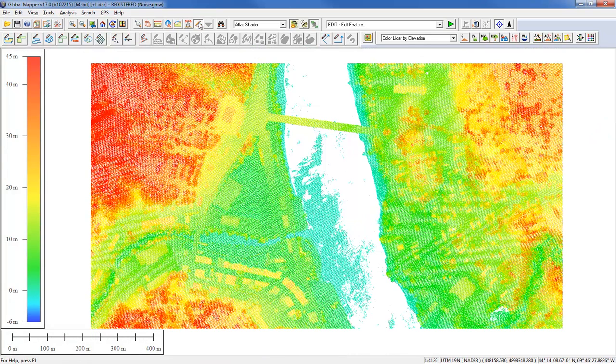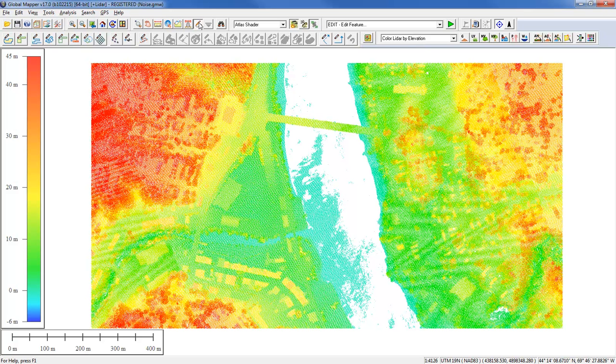So another filtering scenario we're going to show you right now, and this is another little sample of some data. This is actually relatively close to where we are right now. This is just up the road in the main capital city of Augusta. And we've got a little point cloud data here, which you can see right in the middle is we've got the river